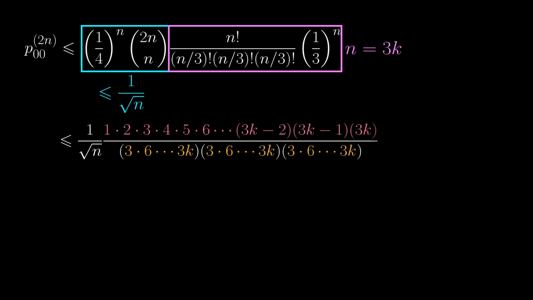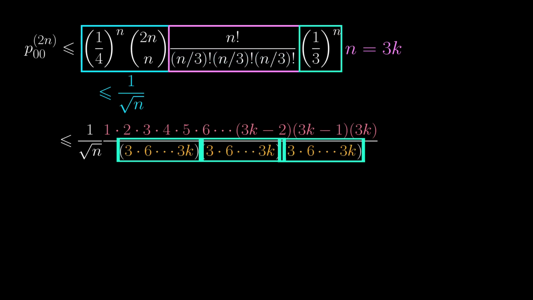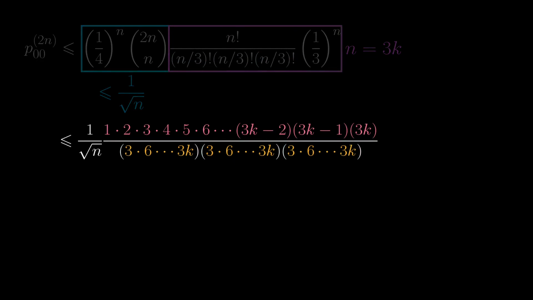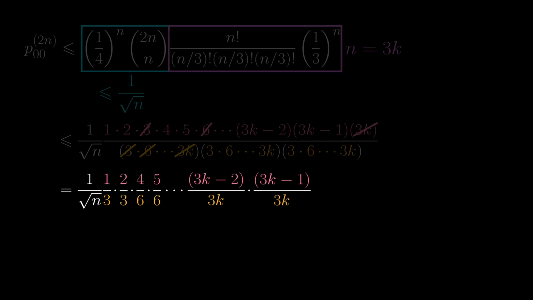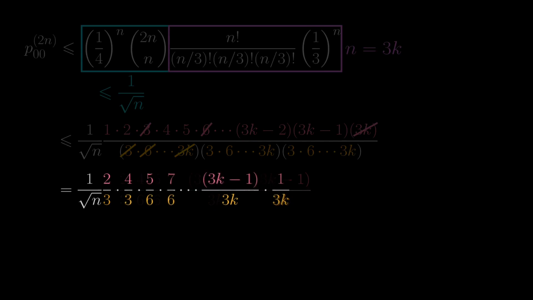Similar to the previous computation, we again distribute those 3k factors of 3 into all of the factorials in the denominator, giving us all multiples of 3 in the denominator. And then we cancel out one copy of all multiples of 3 on both sides. You can then decompose this into a product of lots of fractions. And very similarly to what we have done before, slide the factors in the numerator by one place and use the same trick to multiply 3k plus 1 on both sides.